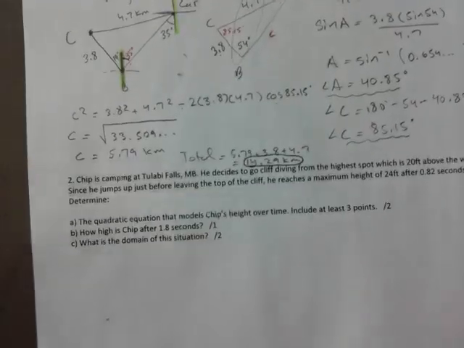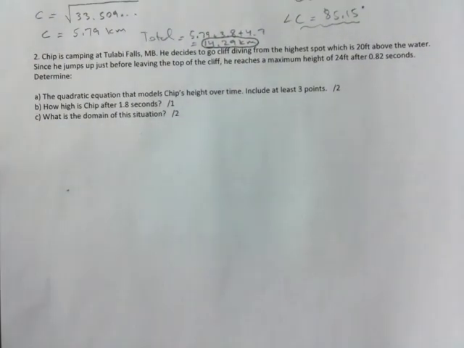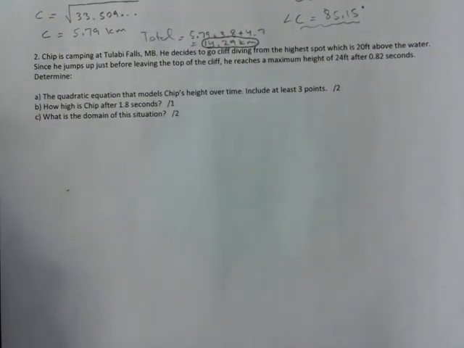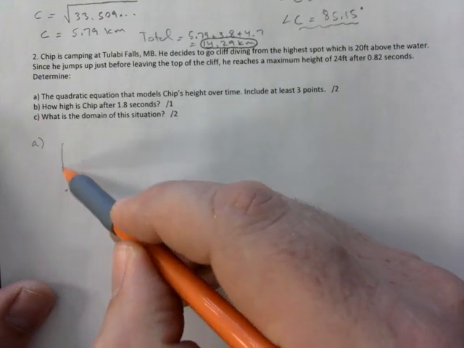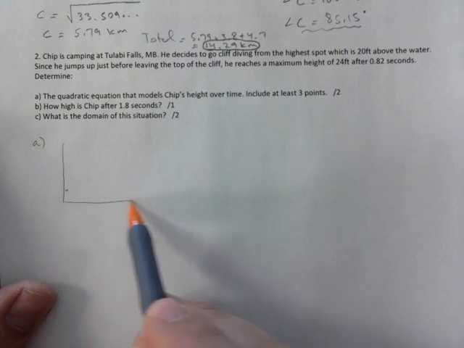That's that. Let's do the story here. This is a quadratic, right? Chip is camping at Tullaby Falls, cliff diving from the highest point, 20 feet above water. Since he jumps up just before leaving the top of the cliff, he reaches a maximum height. Determine the quadratic equation. So you don't have to give me a fancy graph because I'm not asking for it,